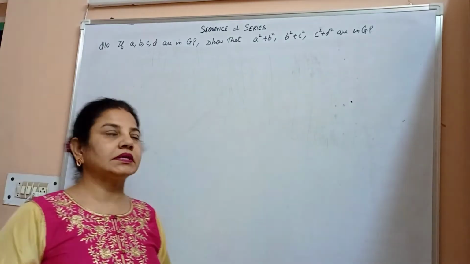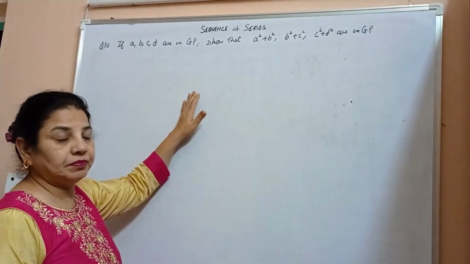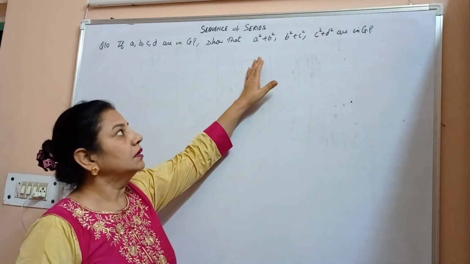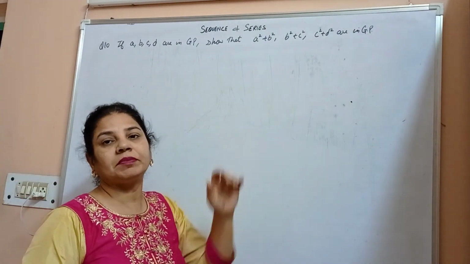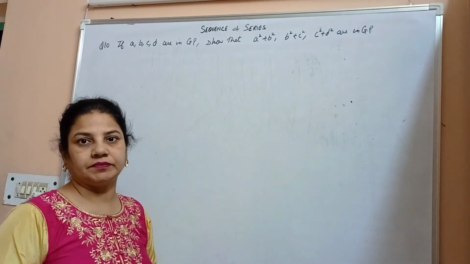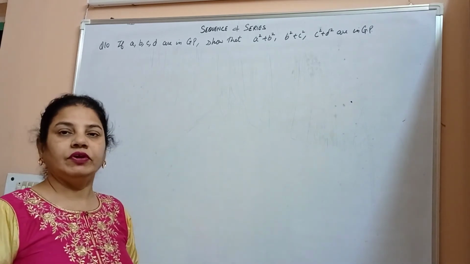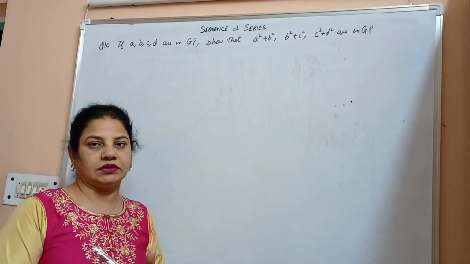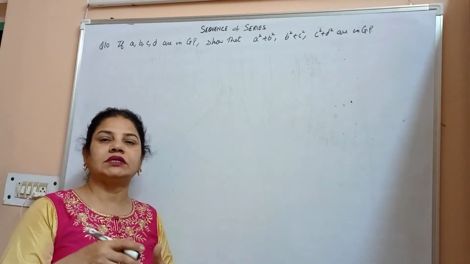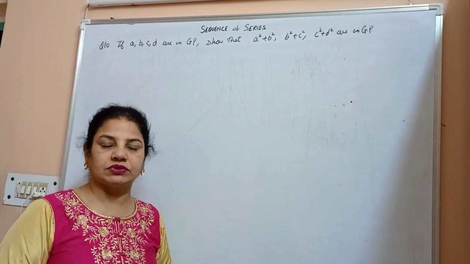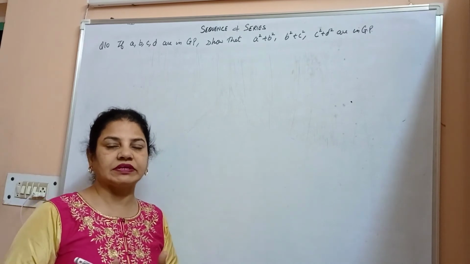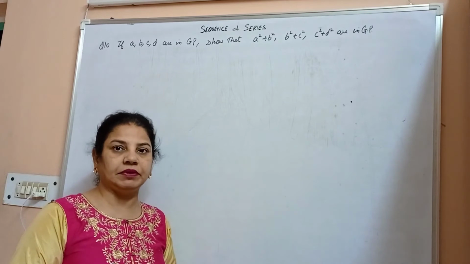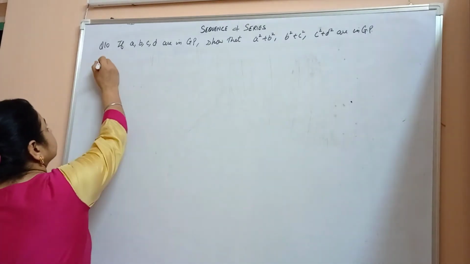If four numbers A, B, C, D are in GP, show that A square plus B square, B square plus C square and C square plus D square are also in GP. We know that if three numbers are in GP, we take B square is equal to AC. Middle term square is equal to the product of extreme two terms. Now, in here, four terms are given to us in GP. Then we say that